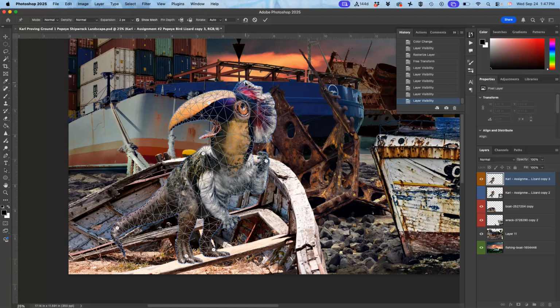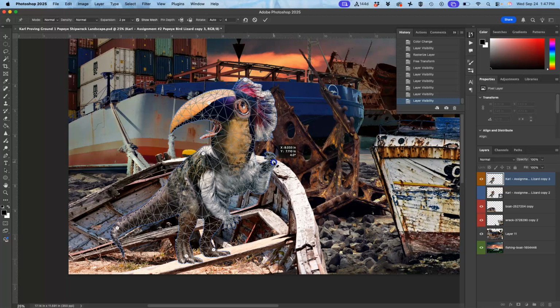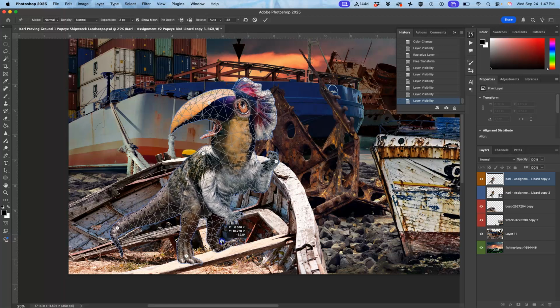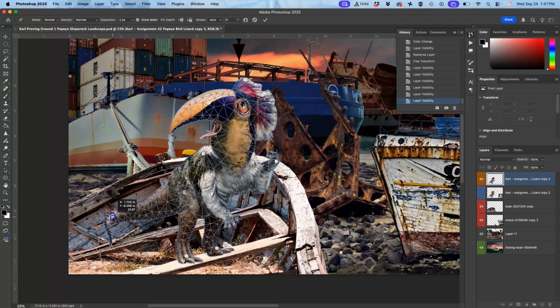I can add pins whenever I want. Like if I want this to flare up at the back of the head, I can do that. And it will affect everything that's not pinned. If I want to move the arm, I can do that, and the body will stay pretty rigid, but the anatomy will kind of shift to support the change of that arm. If I want to move the foot, I can lift it up and put it down. Lift it up, put it down, right? Within limited range. If I want to move the tail, same thing. If I want to move this foot,